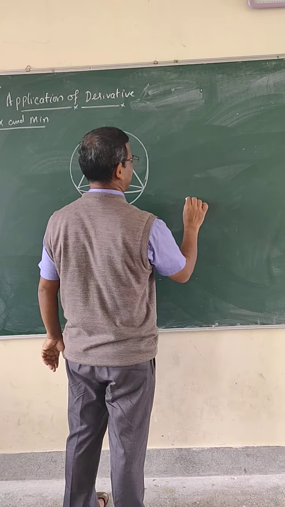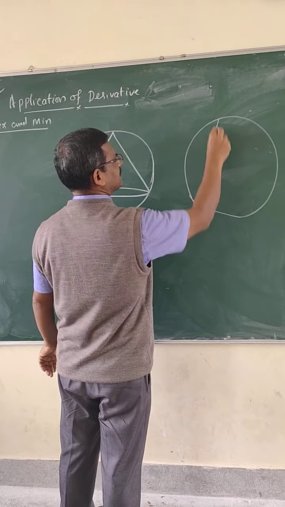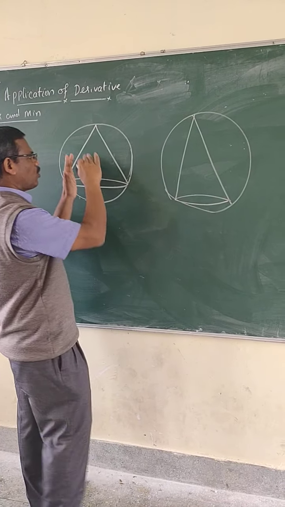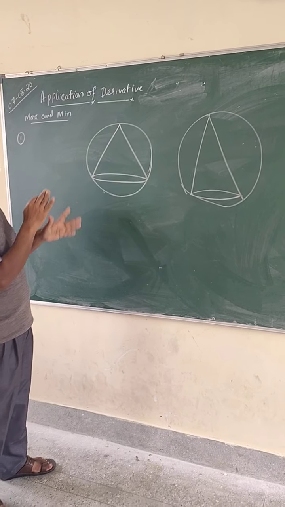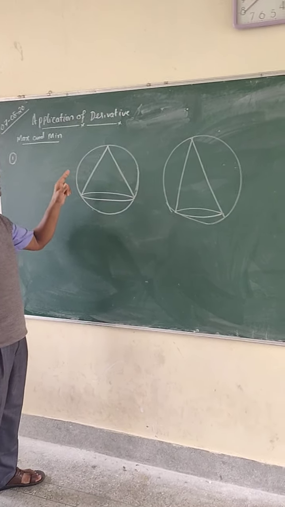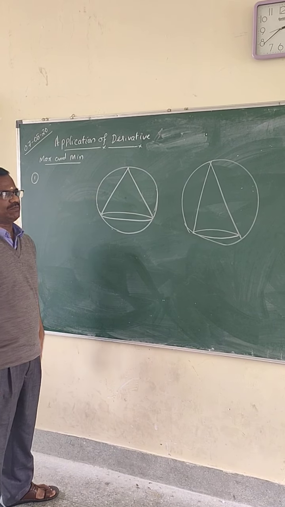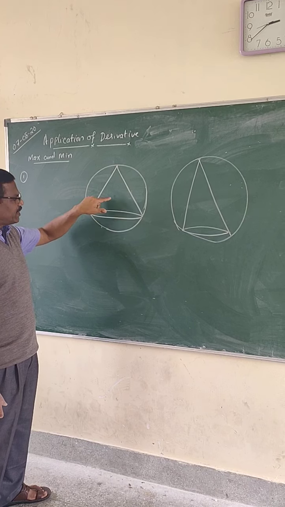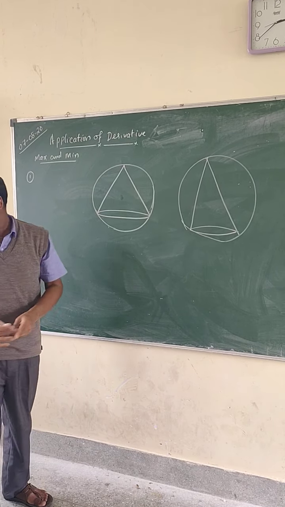Suppose if I take it in another way, with a base less, the height of the cone will be more. That means the cone inside is a variable cone. The condition for that variable cone is that its volume should be maximum. So what are the conditions so that this variable cone's volume is maximum?